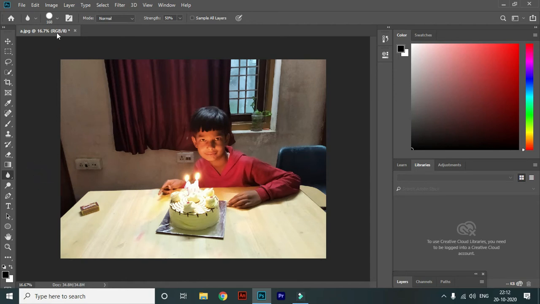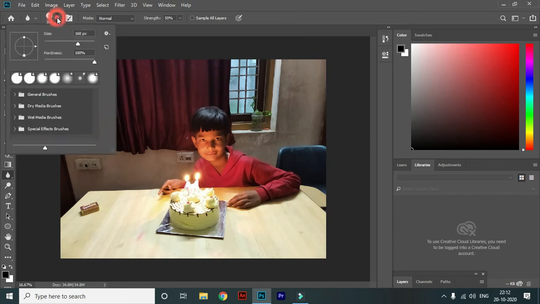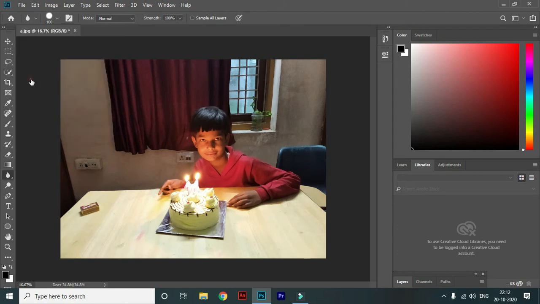After choosing the blur tool, in the option bar we will set the size and hardness of the blur tool. Okay, we can set the size and hardness, then choose the image to blur, suppose this one.